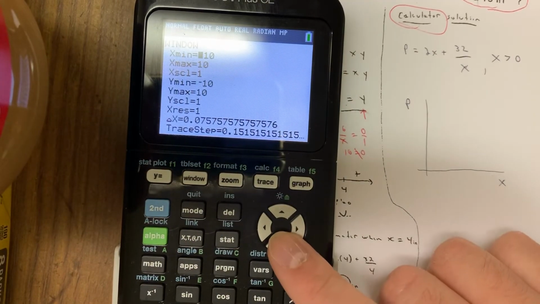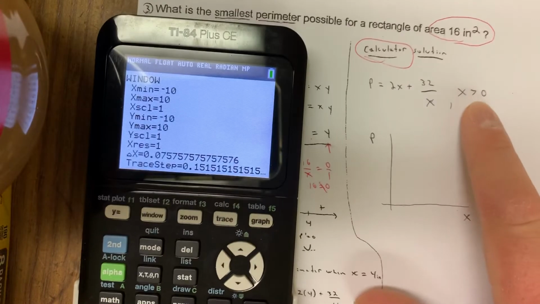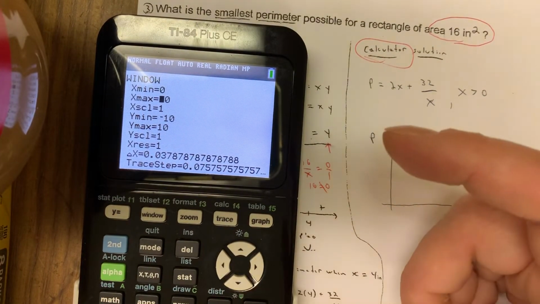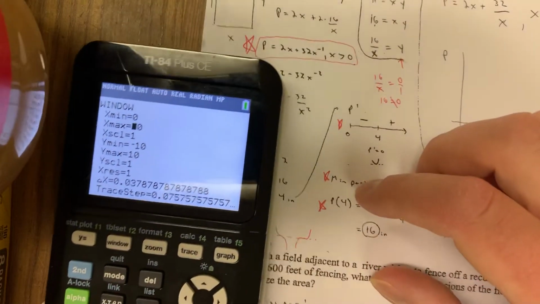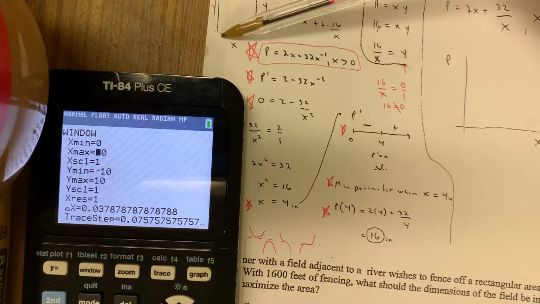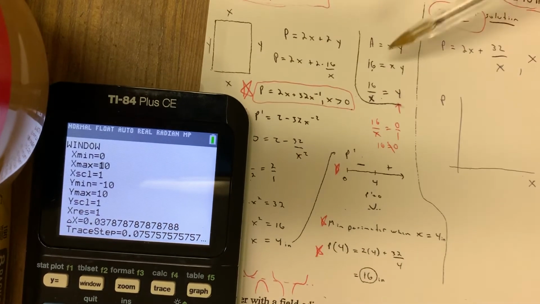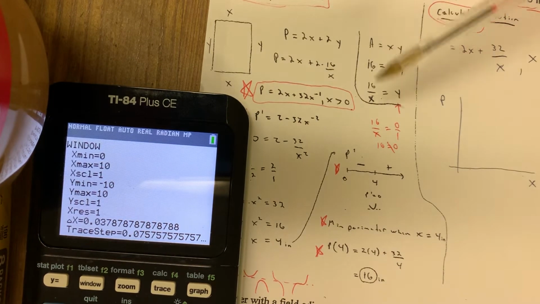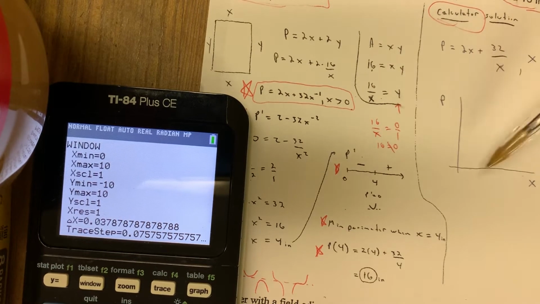Your domain, we know our x min is going to be 0, but I don't know what the max is going to be. So you got to kind of estimate, or guesstimate a little bit here. Think about what x represents. It represents this distance right here. And I know if I multiply x by y, I'll get 16, which means x is probably something that's not really too big. It's not like 20,000 or something like that. We already know what x is. We know it's 4, but you want to pick something